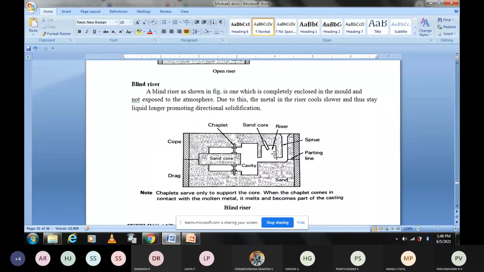What function will it serve? It will supply the liquid metal required during solidification. I already told you that the liquid metal contracts during solidification. It requires additional amount of liquid metal. That liquid metal will be supplied by the blind riser. This is the portion which is last to solidify. This portion, blind riser, and this sprue will be the last portion to solidify. This casting solidifies first. So this is the blind riser. So open riser and blind